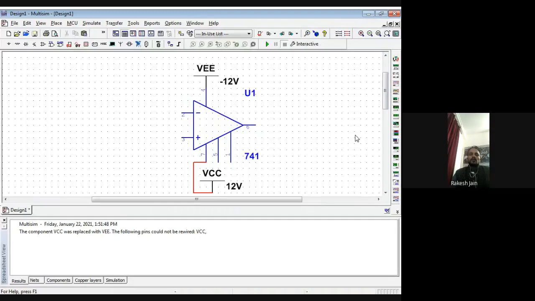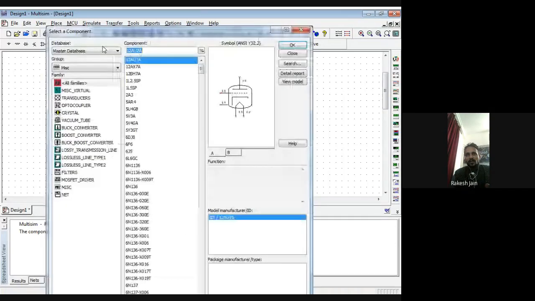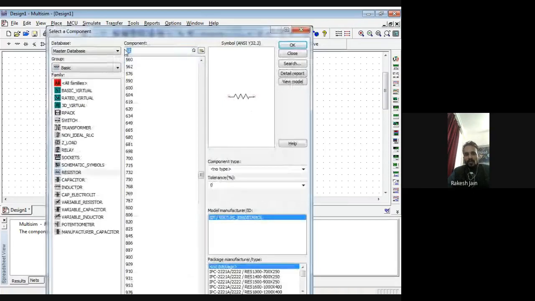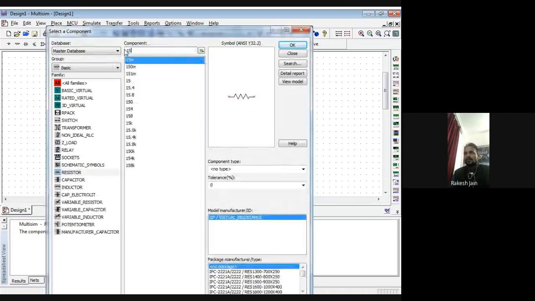Now what I have to connect, I have to use series parallel combinations and a bridge assembly. So a series resistor and a series capacitor. So I just go to basic, then go to resistor. What value of resistor do I choose? I choose a 15 kilo ohm resistor. For the series combination, R1 is 15 kilo ohm.